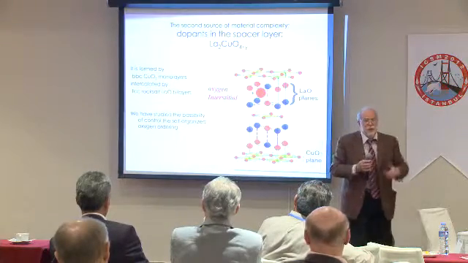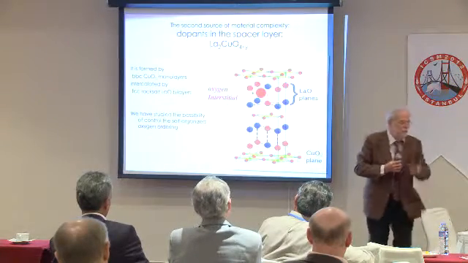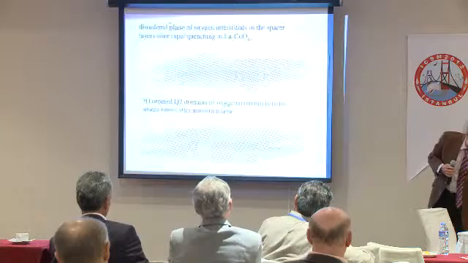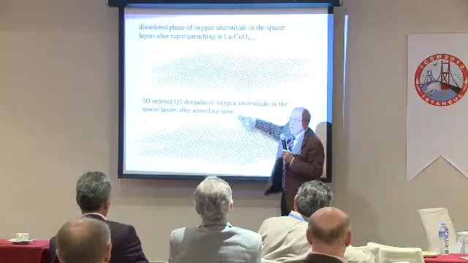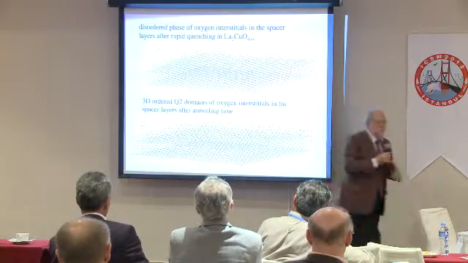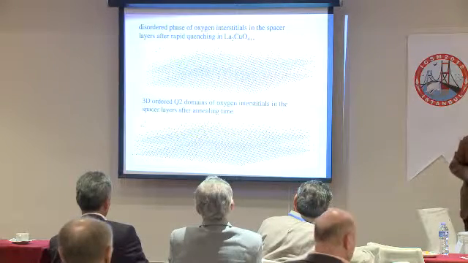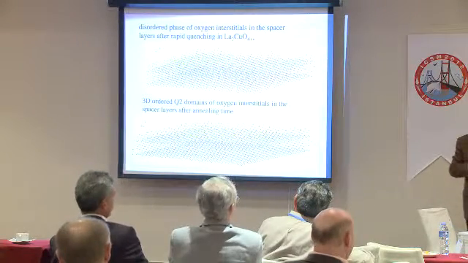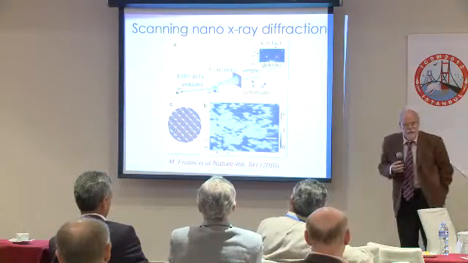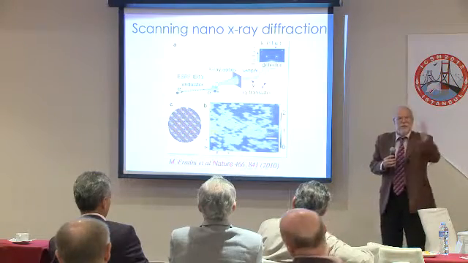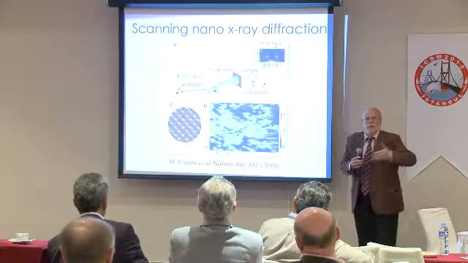Why oxygen? First, because all the high-Tc superconductors have interstitial oxygen, and it's a common feature if you look at the first slide. And it's mobile, so you can treat it with thermal treatments. You can make them completely disordered, you can make them completely ordered, and you can follow with the heat treatments that Kramer started in 1992, presented as the first phase evolution at a conference in Asia, that you change temperature, you can organize oxygens interstitially in different ways. But at that time we didn't know in which way.